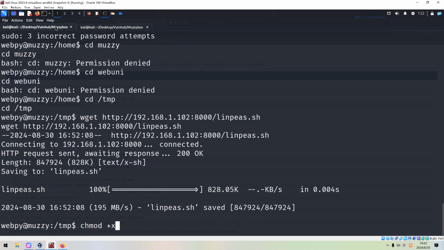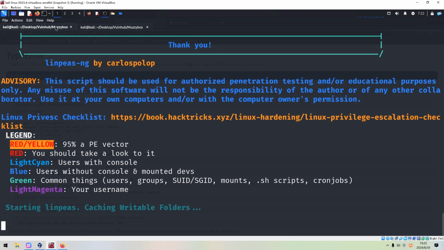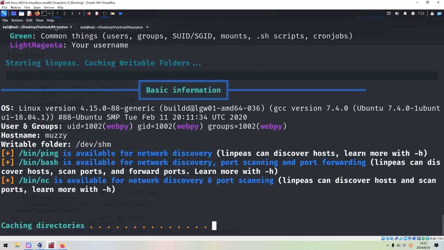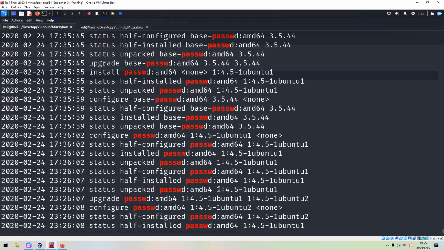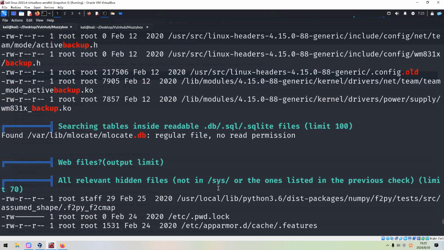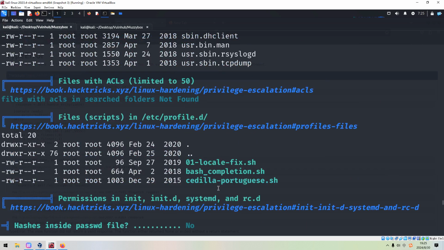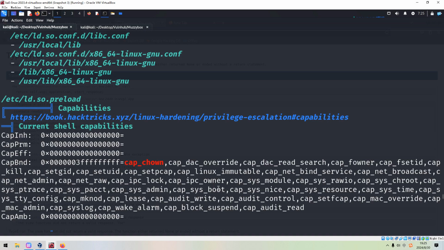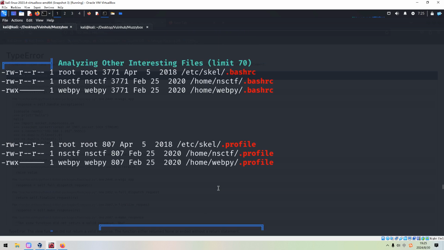And we need to make it executable, and we can run it. All right, it's done. And to see whether we can find any vector, and then we can utilize such vector to make lateral movement, maybe.